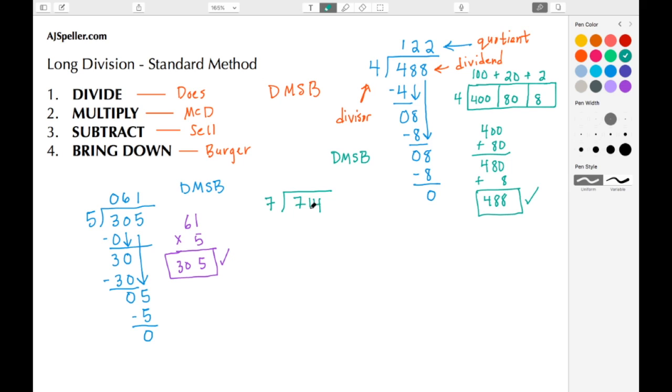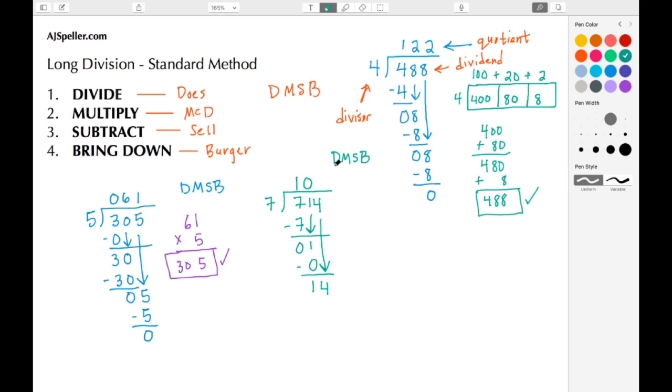All right, first we're going to do our division. 7 divided by 7, well, that can be done one time. We move on to multiplying. 1 times 7 to give us 7. Then we subtract 7 minus 7 to give us 0. Then we bring down the next number, which is a 1. We want to know, can 1 be divided by 7? It can't, so we place a 0. And then we do 0 times 7 to get a 0. Then we do our subtraction. 1 minus 0 to give us 1. And then at the end, we do a bring down, which in this case is a 4.